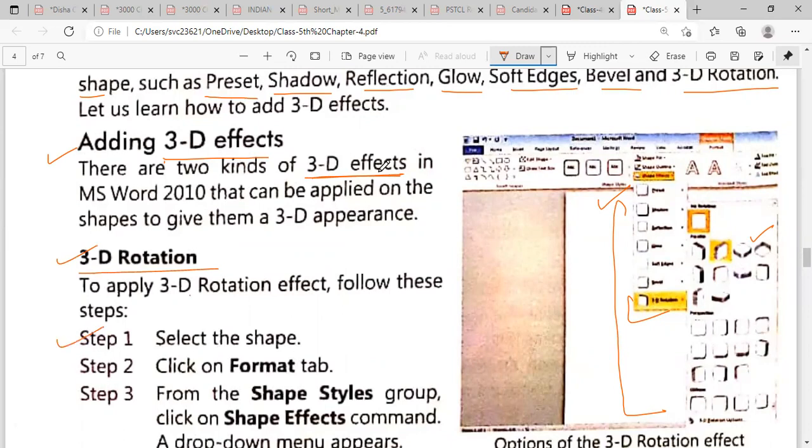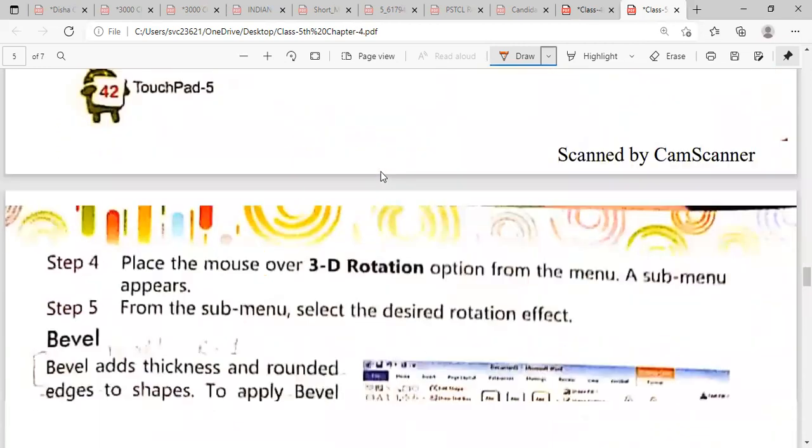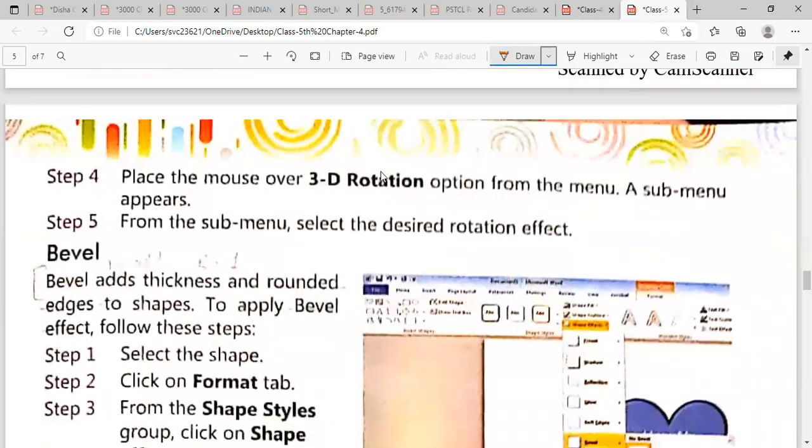Now first step is select the shape. First select the shape and then click on format tab, and under format tab you will first click on the shape styles group. Okay, and then click on the shape effects command. A drop down menu will appear. Okay, and next is place the mouse over the 3D rotation.